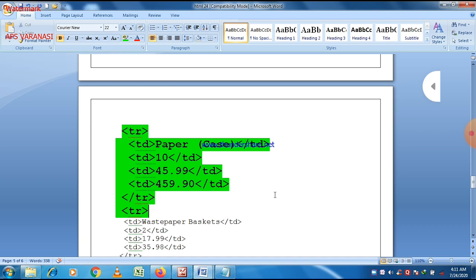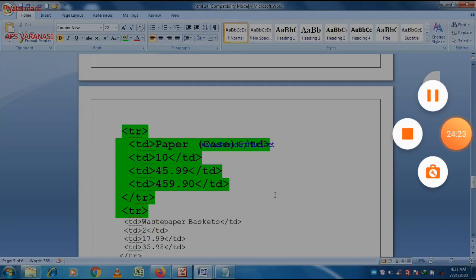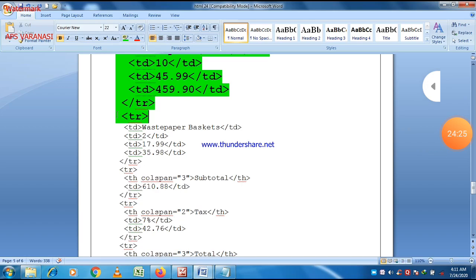So this is the third row, and till now we have used neither the rowspan nor the colspan attribute.